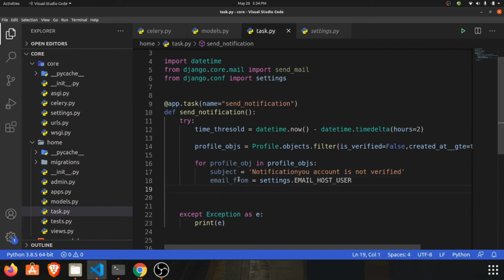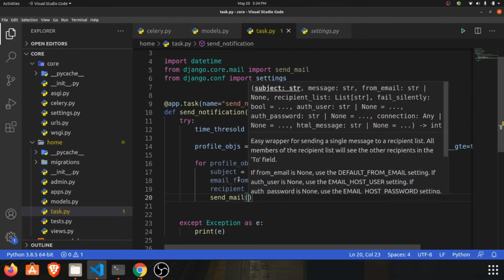Okay, and recipient list is equal to email, and we will use the send_mail function to send the mail.